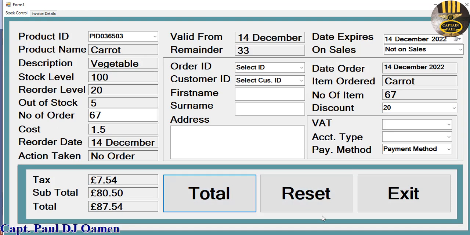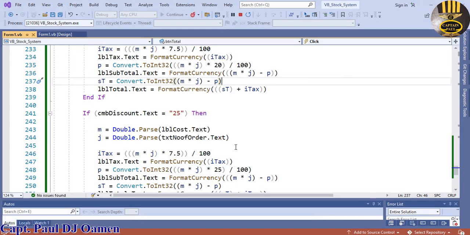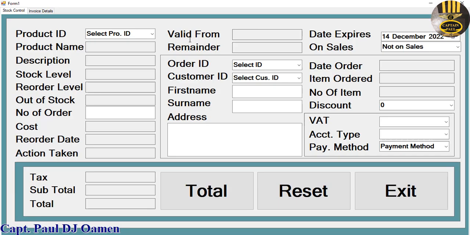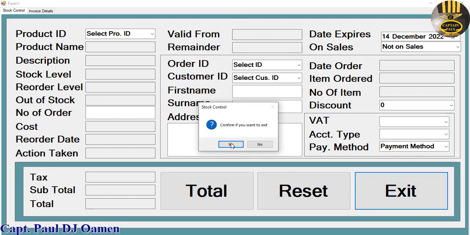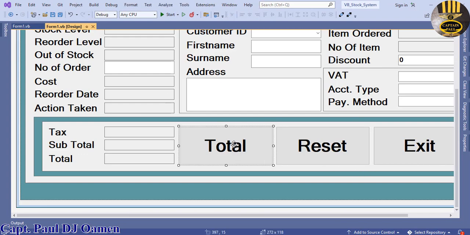Okay, then I'm going to exit out. Yeah, that's fine. Okay, let's exit out. And now the next thing that I want to do now is to go right underneath